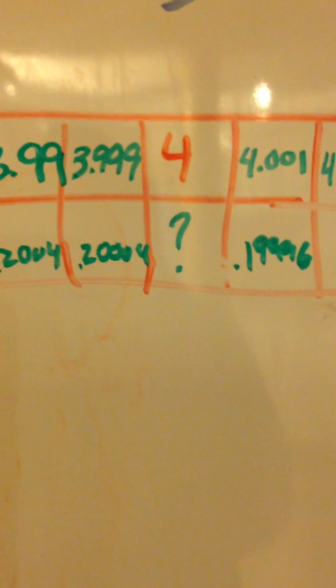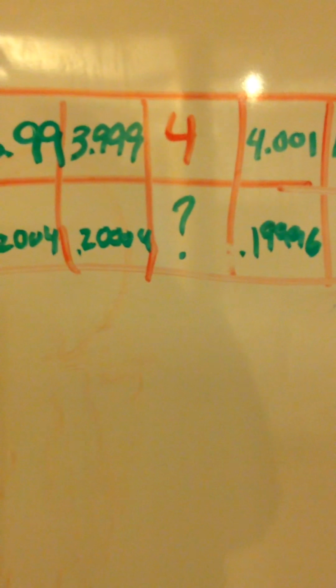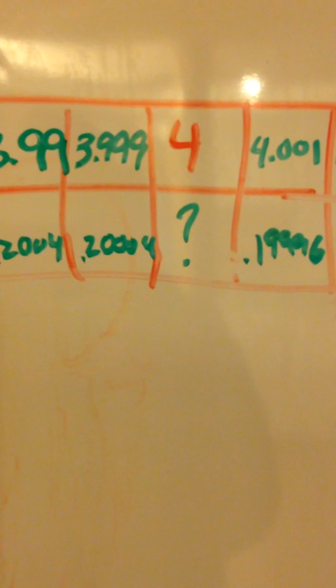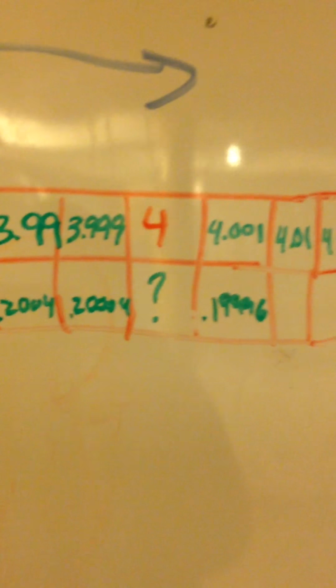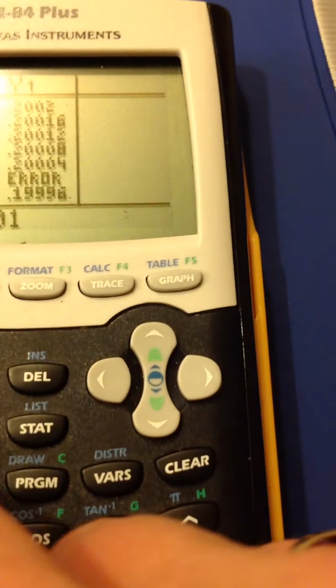Hey, before it went, it was up but a tiny bit. Now it's down by the same tiny bit. I bet you I know what the next number is going to be. Next one I want to look at where x equals second table setup. I want to find out 4.01, $4.01. So 4.01 and second table,